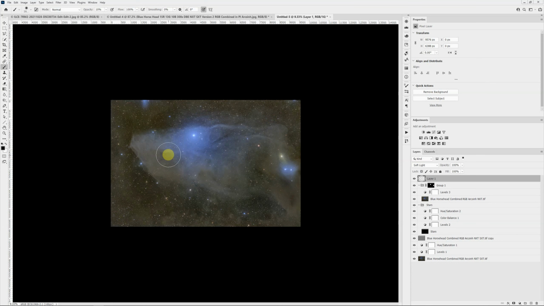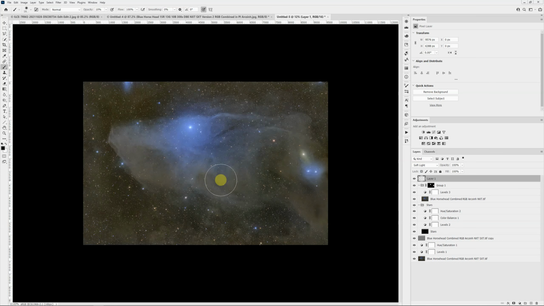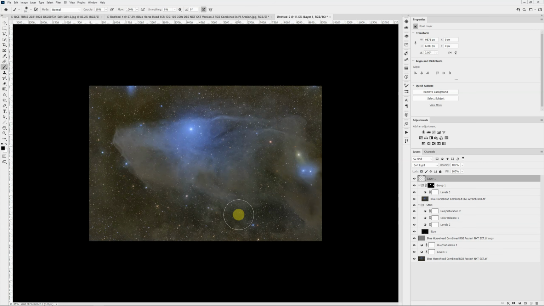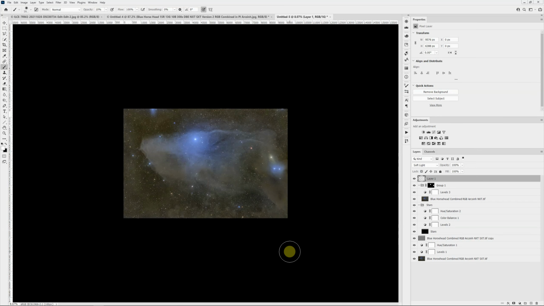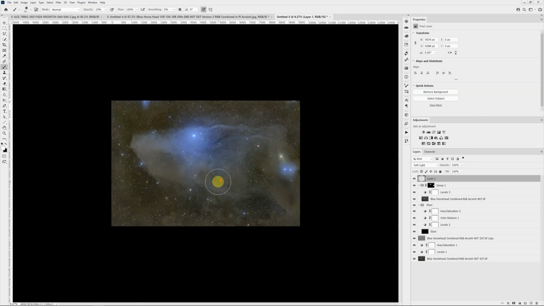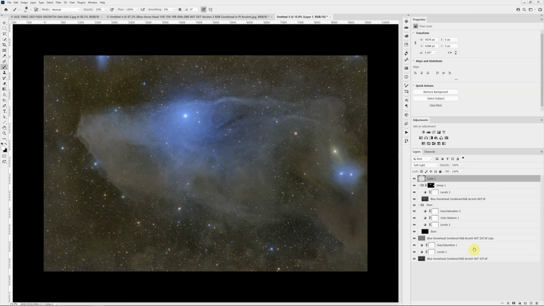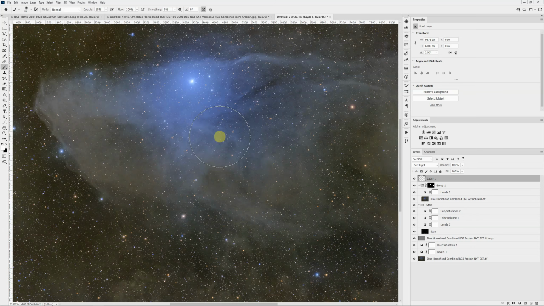So you can spend as much or as little time as you want experimenting with brightening and darkening different areas, but it's a good way to help an image really stand out. Kind of an old landscape photography or portrait retouching trick. So at this point we have made a lot of progress. We have all of our layers still intact. If I zoom in a little bit, we have nice, bright, colorful stars